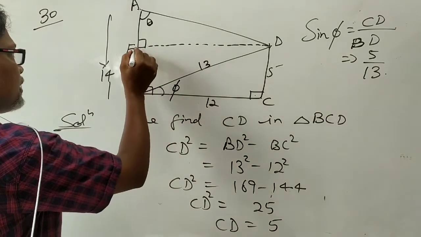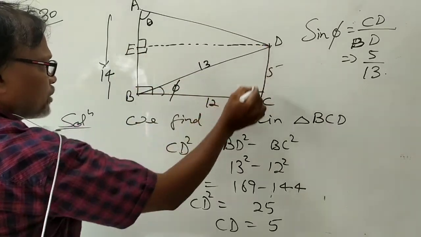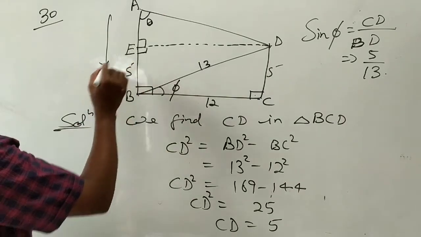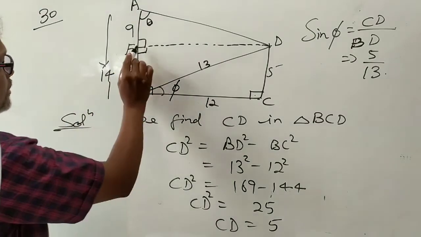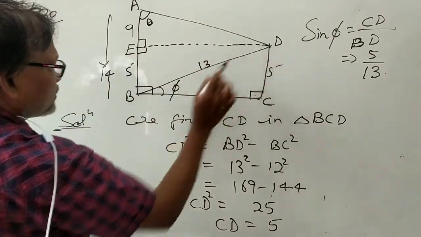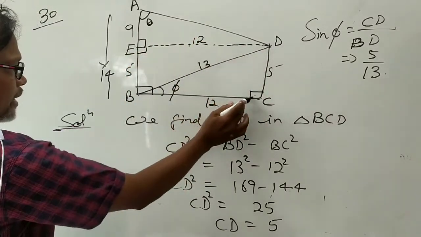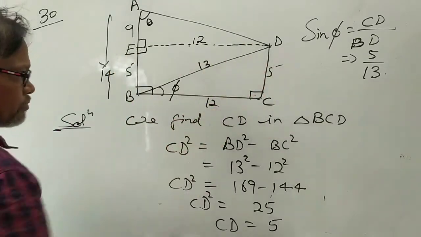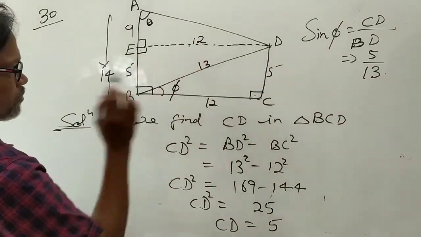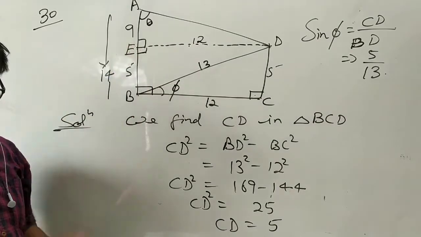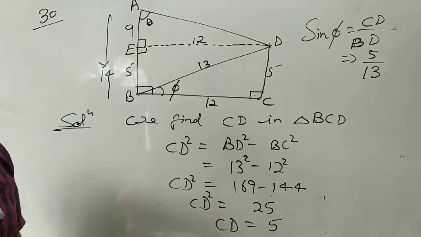If this is E and this is 90 degree, तो इसका मतलब this part BE and CD both are equal. तो this will be 5. तो this will be 9. This is 9, and this one, what is the value of this length? Because this is 12, तो ये भी 12 होगा because 90 degree and makes a 90 90 90, and the fourth one obviously will be 90. So it is the rectangle, और rectangle में opposite sides equal होती हैं. That is why the opposite sides are equal. After getting the 9 and 12, can you find the tan theta? Yes.